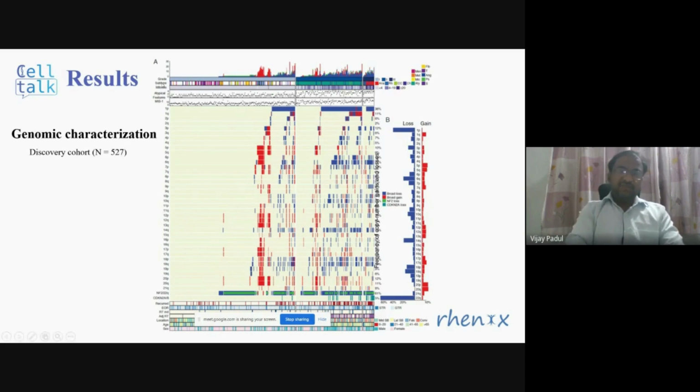Then we have subtypes, and we have mitotic index and atypical features and different chromosomal alterations. So here 1p loss is shown in blue. It is common in some proportion in all of these subgroups, and 30% of the total cases had a chromosome 1p loss. So as you can see, all these losses and gains have been summarized. And these different molecular characteristics are apparent in this entire cohort of 527 meningiomas.